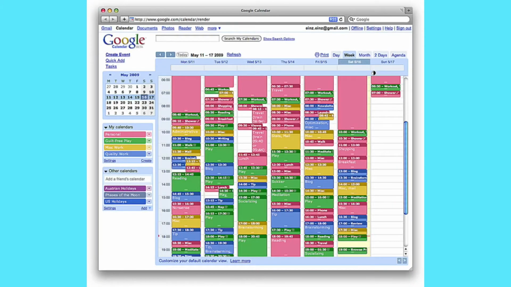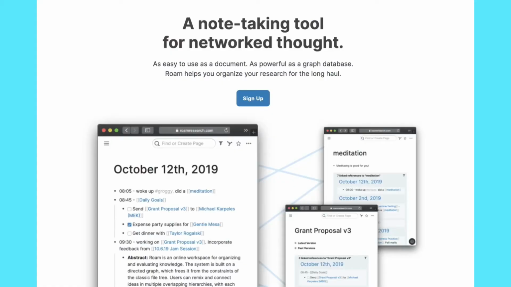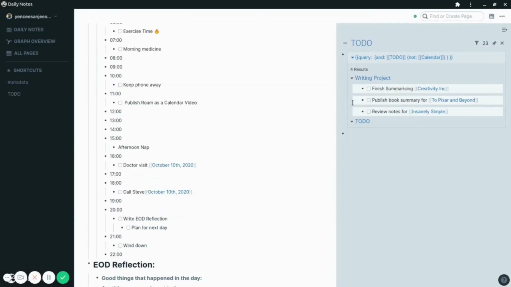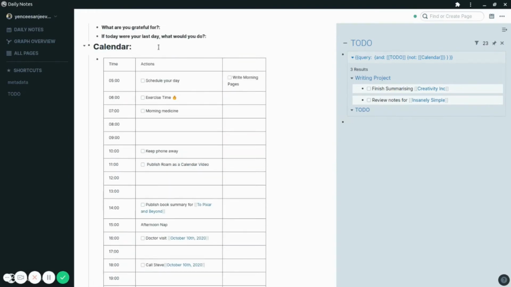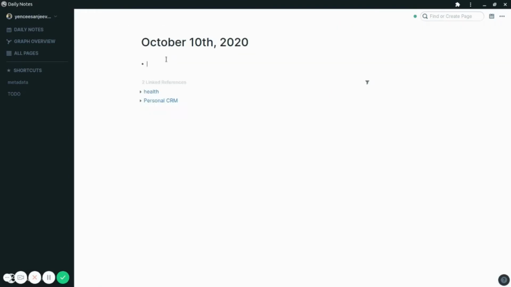Today's digital calendars do a really good job of organizing the work other people give you. I tried organizing my own life in the Google Calendar, it never really worked. Recently, I discovered this amazing app called Roam Research and I tried using that as a calendar. To my surprise, I was getting a lot more done and it even helped me keep track of my daily habits. In this video, I'm going to talk about how I use Roam Research as a calendar and why I think you should be doing it too.